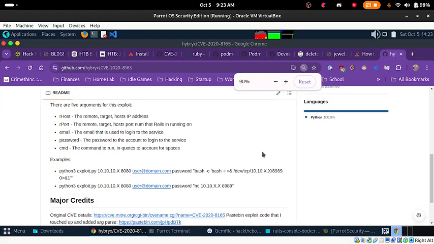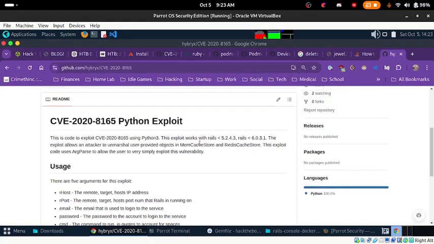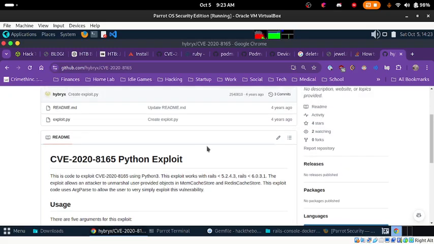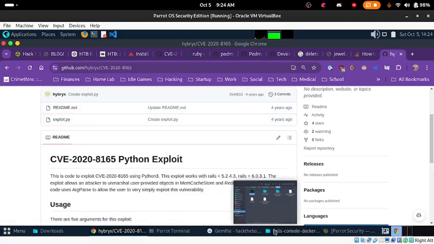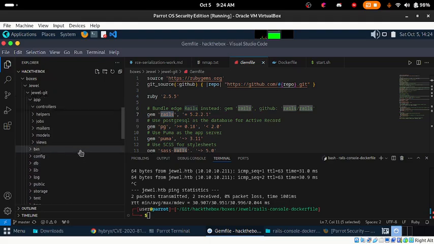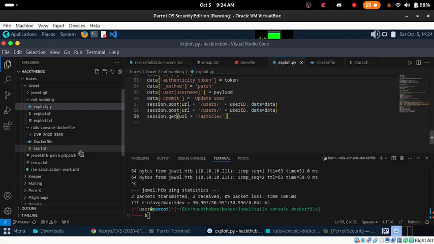There we go. Okay. I found this Python code that some random person wrote, and it's just a piece of code that sends a post request to a specific endpoint with a payload that is a serialized Ruby object that the vulnerable component within Rails will accept and then deserialize and then execute the code within it. And I took this code and I downloaded it to my Git repo, and